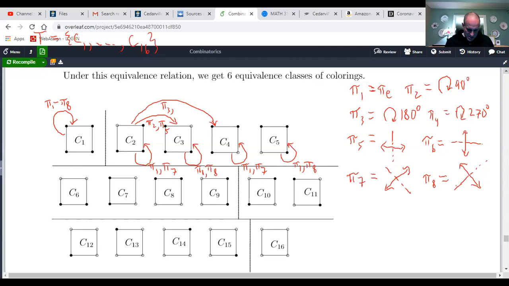Positive slope axis, yes. So pi 8. So far I've applied pi 1, pi 2, pi 3, pi 5, pi 7, and pi 8. And I've gotten C2 going to itself, C2 going to C3, and C2 going to C4. Now what about